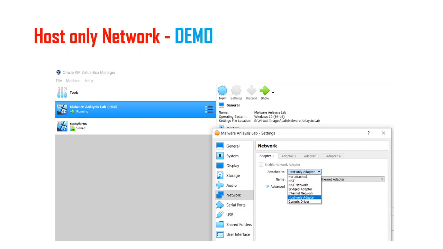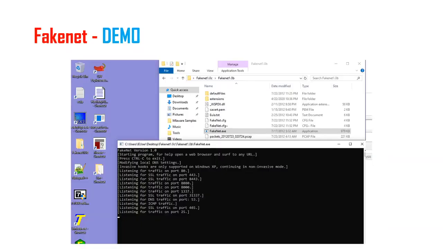If there is no internet in your virtual machine, some malware has been designed in such a way that it will exhibit its behavior only when it communicates with the internet. So for that I am installing a software called FakeNet. While installing this software in my virtual machine, it will make the malware believe that it is present in an internet communication. So I will show these three demos.